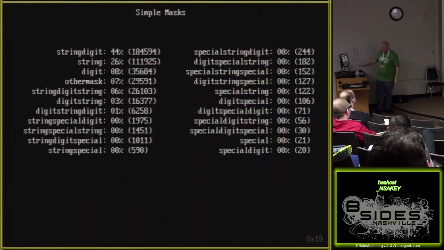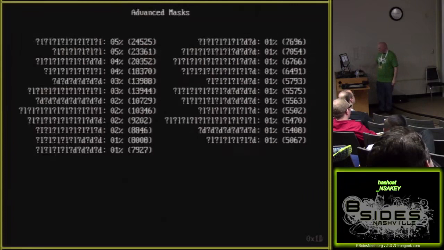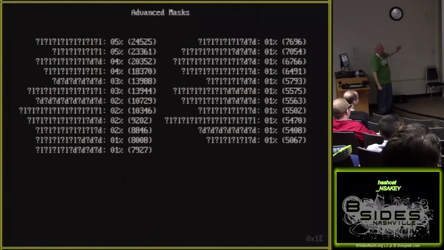Okay, this is a slide that makes me want to punch my monitor. Yeah, I'm just going to move past that. This one to me is more readable. Oh. Yeah, that's entirely subjective. As you can see here, the takeaway is all the popular mask sets are either lowercase,